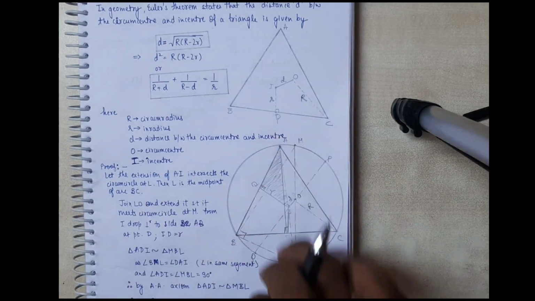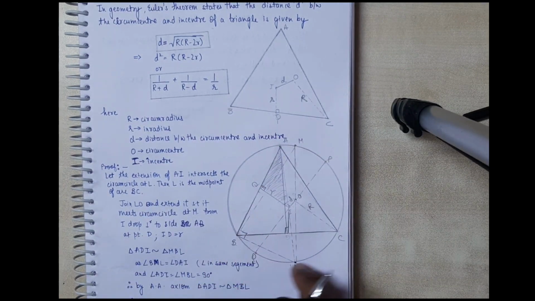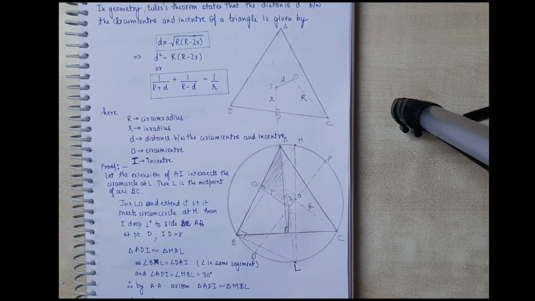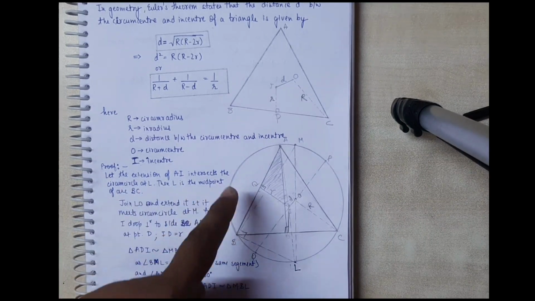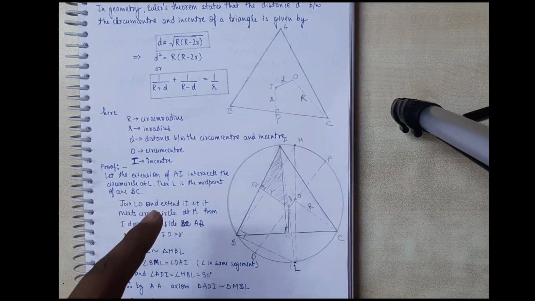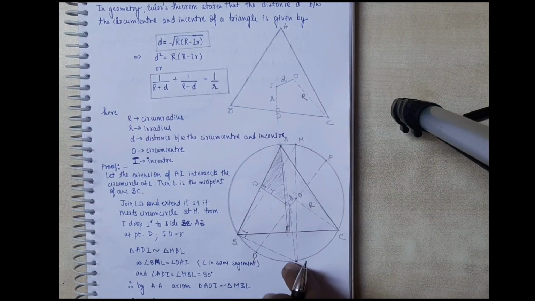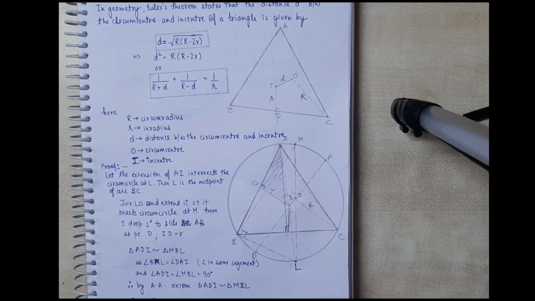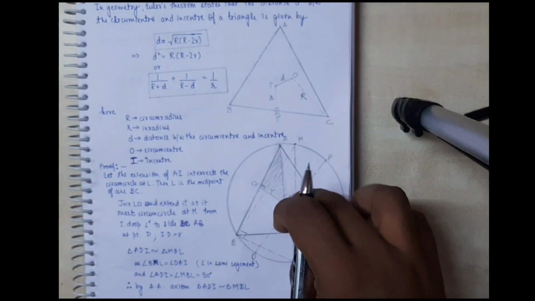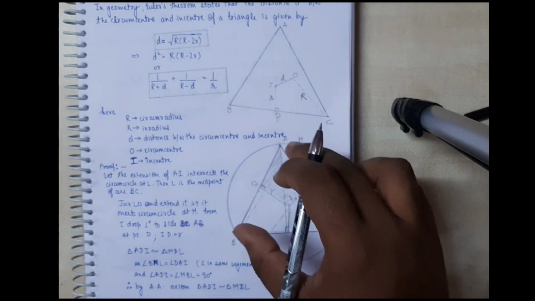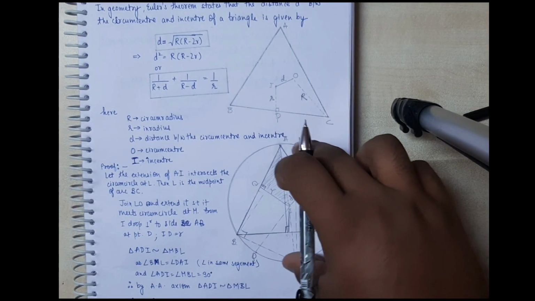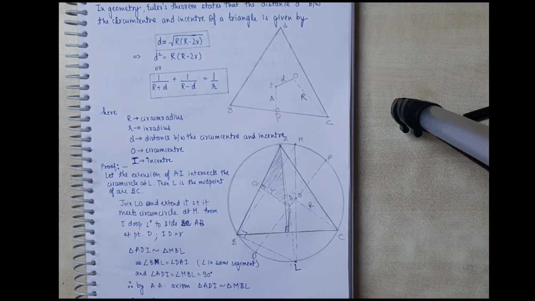And if we do this, then for this arc, L is the midpoint. I've written this: let the extension of AI intersect the circumcircle at L, then L is the midpoint of arc BC. Now let us join point L and circumcenter, that is O. If I join L and O and then extend it such that it meets the circumcircle at point M,